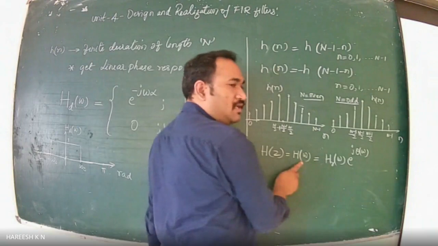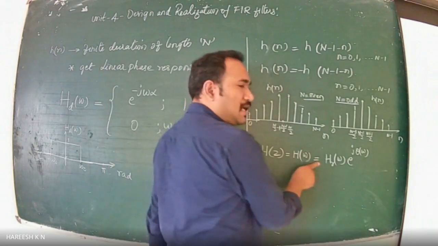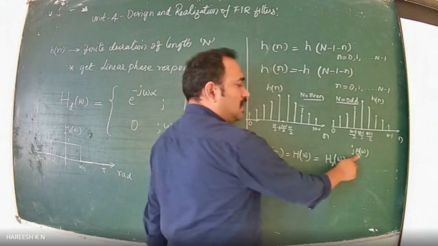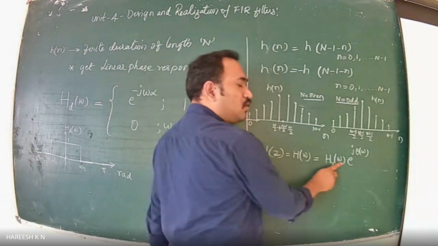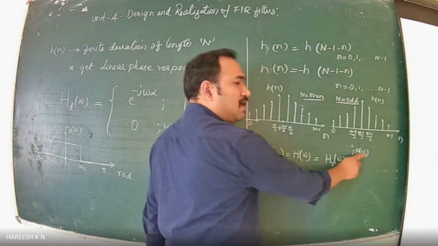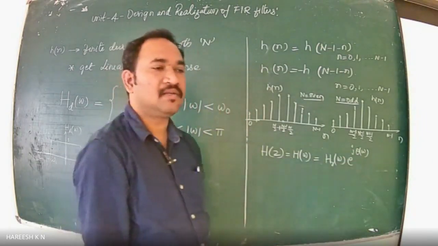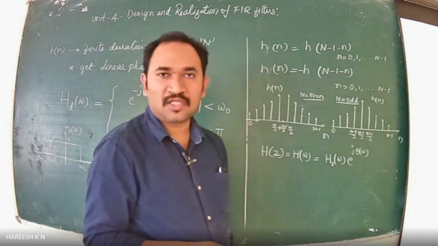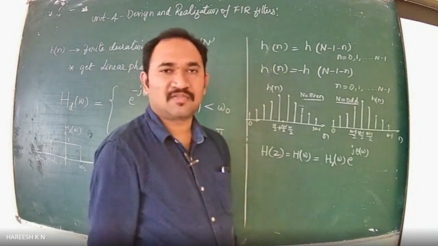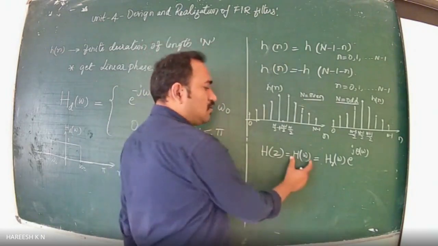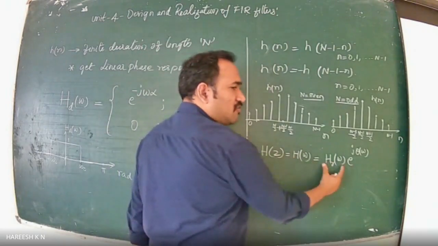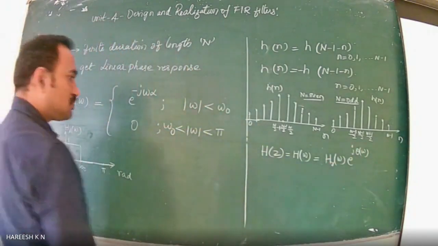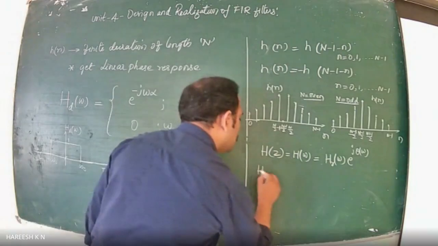H of omega, the frequency response alone, can be split into two: one is magnitude and the other is phase. H r of omega e to the power of j theta of omega. It is in the form of r e to the power of j theta, right? Magnitude r is the magnitude response separately, and theta is the phase response, isn't it? Now, if the frequency response is split in terms of magnitude and phase, this is how it will be mathematically, where that H r of omega